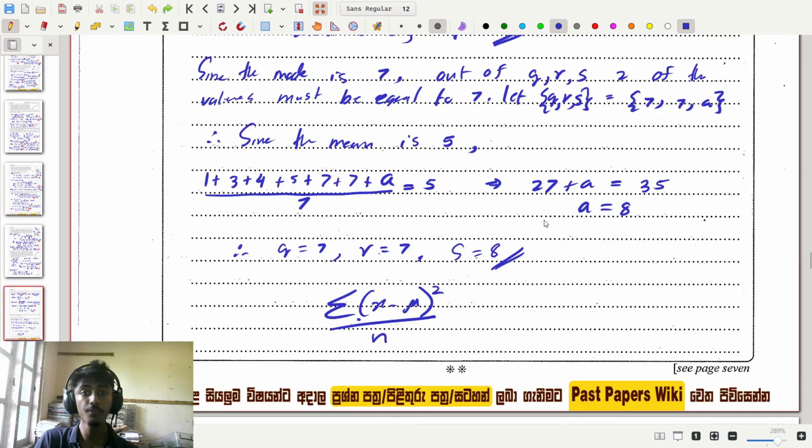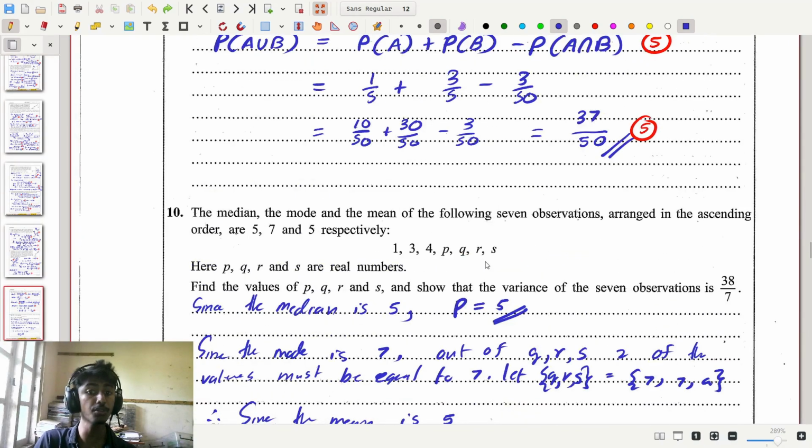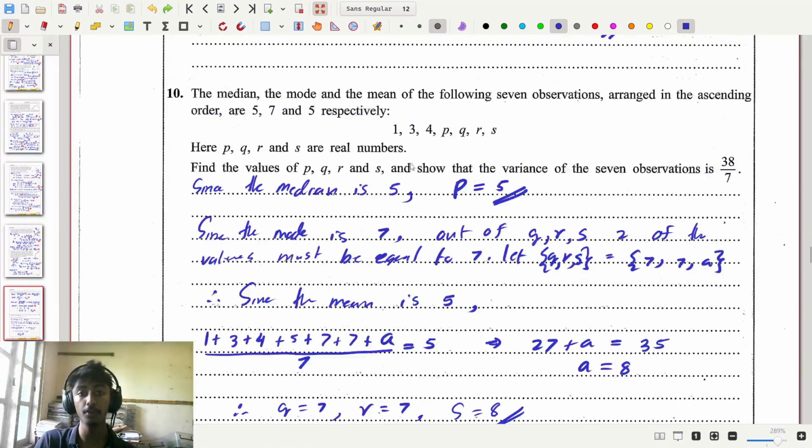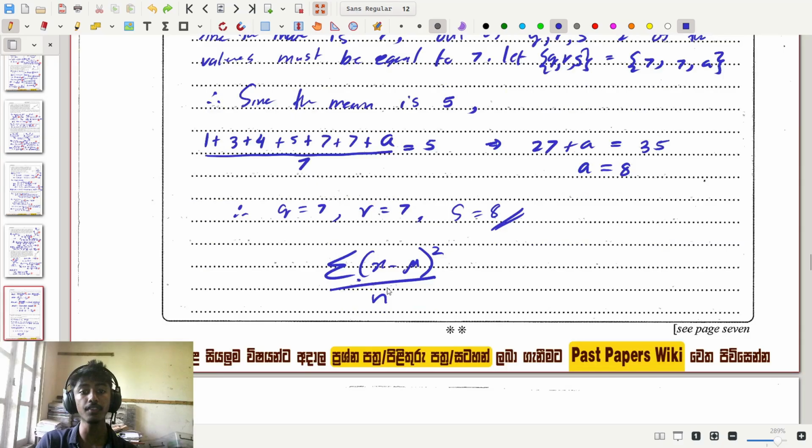So therefore, we just need to take every single one of our values here and plug them in: 1 minus 5, 3 minus 5, 4 minus 5, P minus 5, Q minus 5, R minus 5 and S minus 5, square all of them, add them together and then divide everything by our total value n, which is 7. So considering that, if we equate this, the variance on the left hand side is equal to,